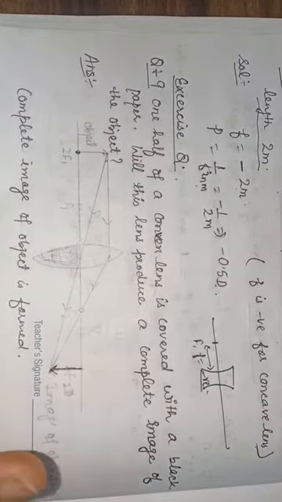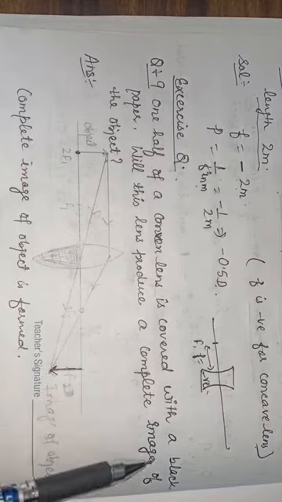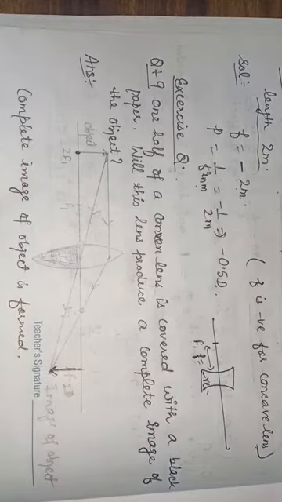So we can say that when half of the part of the lens is covered with black paper, then the complete image of the object is formed. Now there are 3-4 questions which are on the basis of lenses. You have to solve these exercise questions of chapter Light in your notebook. Thank you.